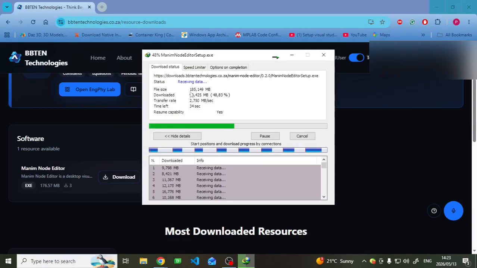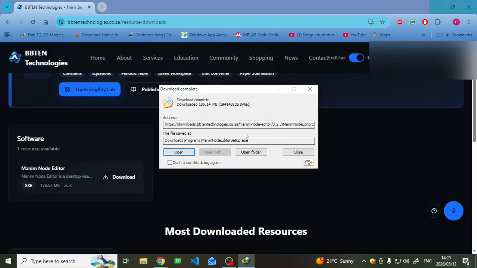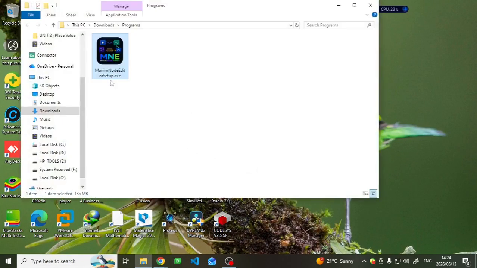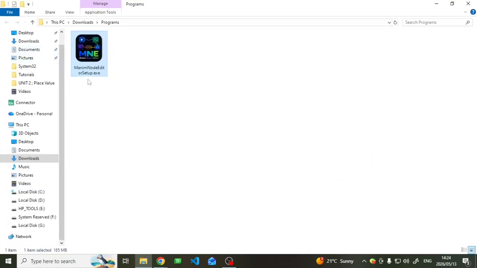So depending on whether you have space or not, this is not really bad. So I'm just gonna wait for it to finish downloading, or maybe skip forward. Okay, so mine has finished downloading, and I'm just gonna open the folder, and here we are. That's the Manim Node Editor setup.exe. Just double click on that,